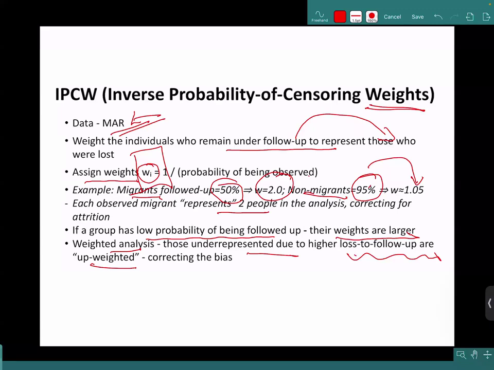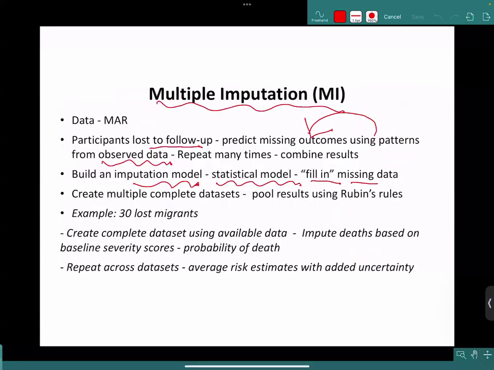So those who are in your sample, who have been there with you till the entire follow-up period, they are going to contribute data, and you are going to use these weights which you have calculated in your further analysis. You don't do anything here with your baseline characteristics. Those are there. So baseline characteristics of individuals who are there, they are still there. But in your further regression analysis and other analysis, you are going to use these weights for your outcomes. Okay, ma'am.